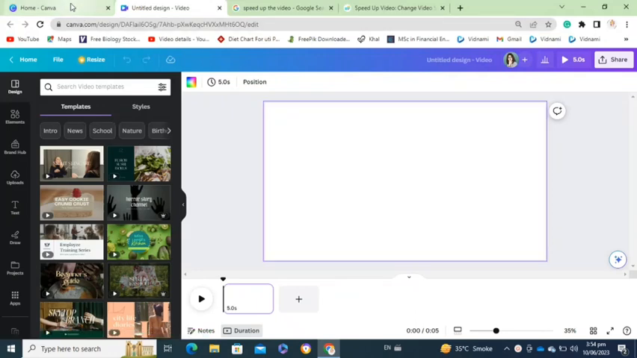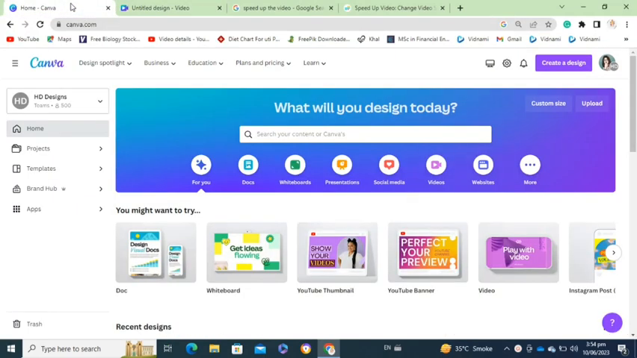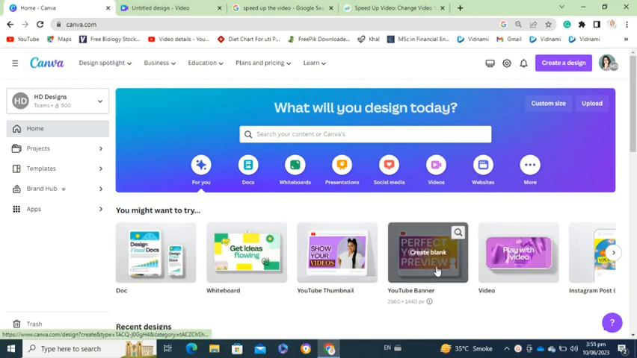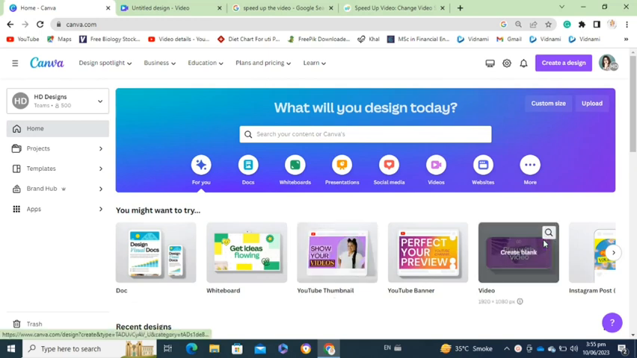Here's how to speed up any video in Canva. It's very easy to do, so make sure you watch till the very end so you won't miss any of the steps. First, you will need to open your Canva account, and once you are there,